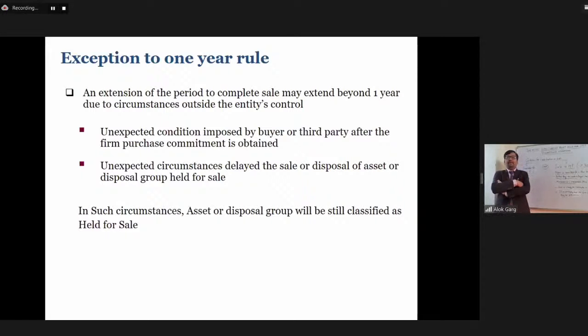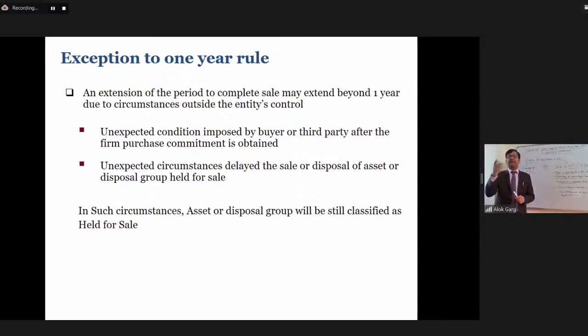So let's say the company has classified a building as held for sale last year. In June 19, the company classified a building as held for sale. While preparing the March 20 accounts in June 20 or July 20, we find that the company was not able to sell this building even till now. Why? Because the company was supposed to sell this building in February or March, but due to this COVID situation,